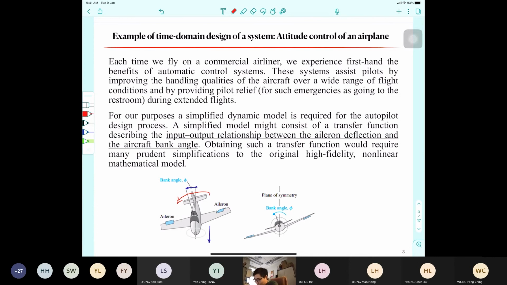And if we look from the front, we can see this picture, right? A not horizontal airplane. The bank angle now is 5. Right? So in this case, we use a simplified model to talk about how we design the control system to control this